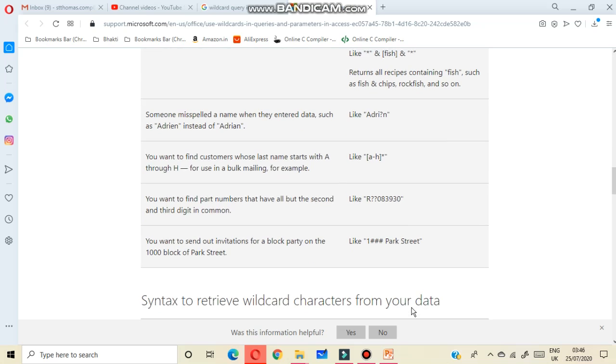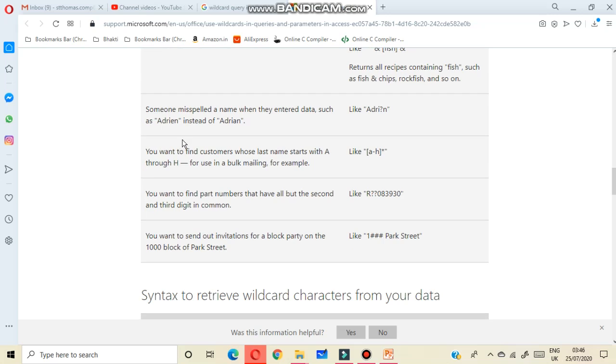Someone misspelled a name when they entered data, such as Adrian instead of Adrian. So you can correct that particular word like this. You want to find customers whose last name starts with A through H. Okay, you can write like this.